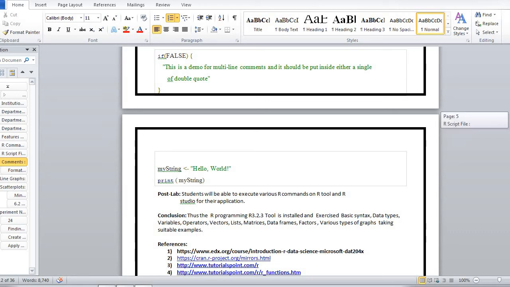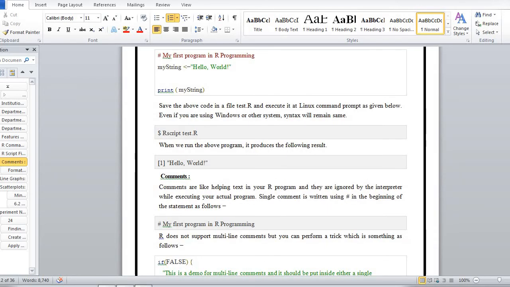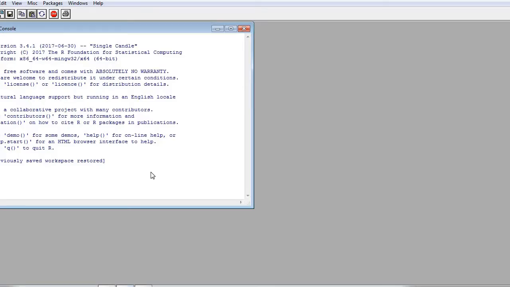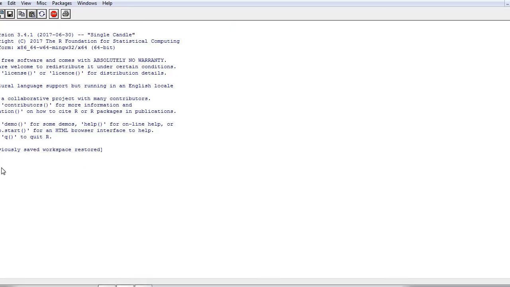We'll try one example. I have already opened the R tool here. This is the R console. Now we will try the same thing. MyString is assigned hello world. Now see, I am pressing enter. Has anything happened?